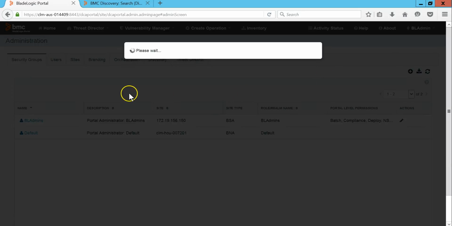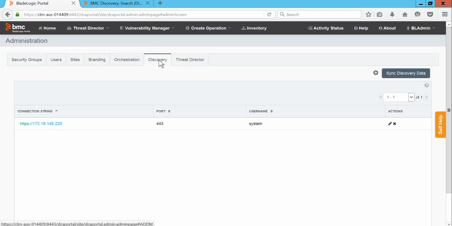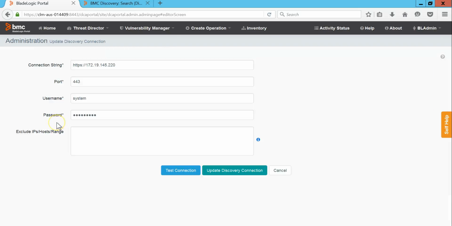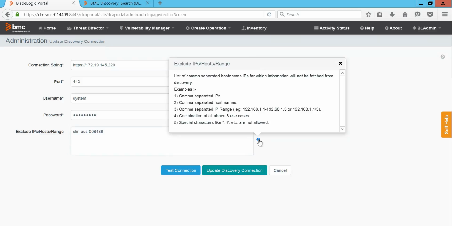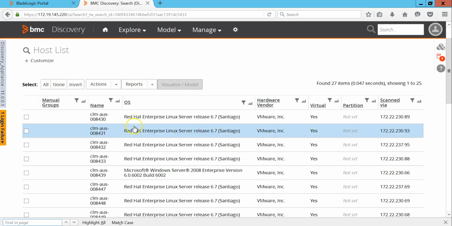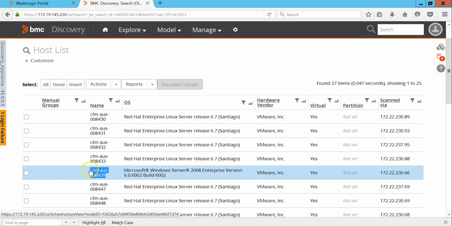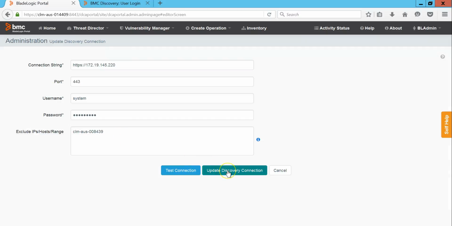From the discovery, let's say I don't want a specific host or a range of some host to be taken part into the portal. So I can just mention the host name of that particular host into the exclusion. Here we can mention the host name, IP address, range of IP addresses, or the combination of all these. Currently the special characters like regular expressions are not supported. Now this is a host which is available onto the discovery. I'll just click on the update discovery connection,